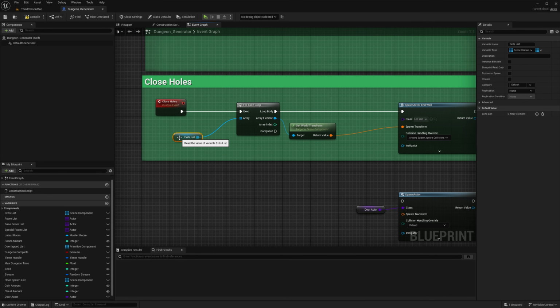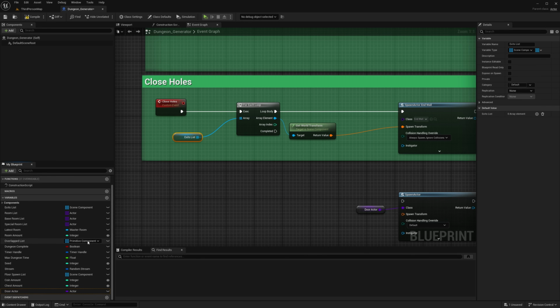But we can clone this exit list because we just need the arrows for this door list. So where do we have it? We have the exit list here. So duplicate it, and now we call it door list, which will be a list of all the arrows where we can spawn a door from.